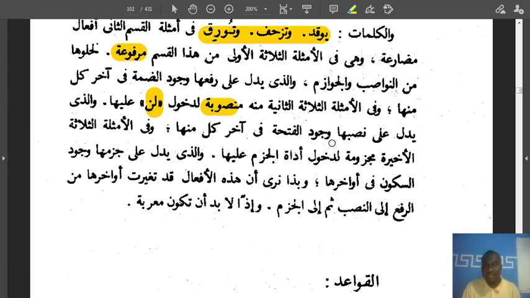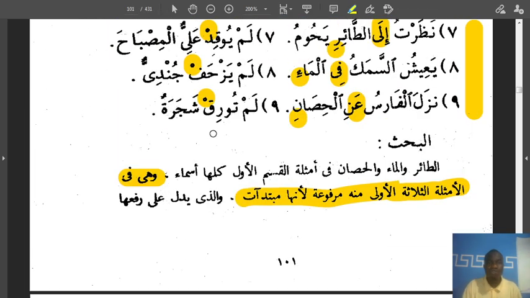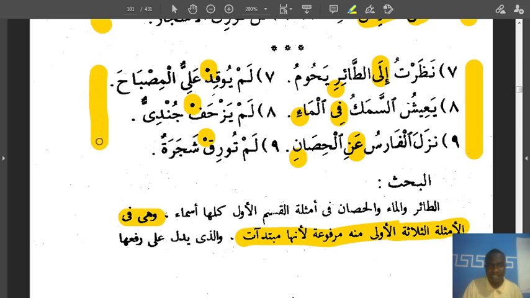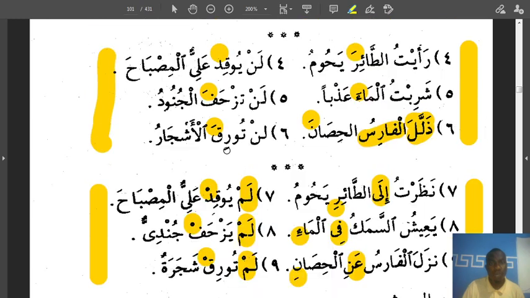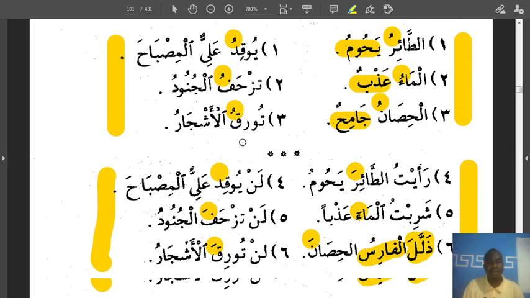وَفِي الْأَمْثِلَةِ الثَّلَاثَةِ الْأَخِيرَةِ مَجْزُومَةً, the verbs are now majzum. When we say a verb is majzum, we mean it takes sukun. In these last three cases, you see lam coming here, and lam is what is causing the verb to end in sukun. So if I say lam adhab, it has to end in sukun. If I say lan, I will say adhaba, it has to end in fatha. If I don't bring anything at all, then it will be adhabu, with dhamma.